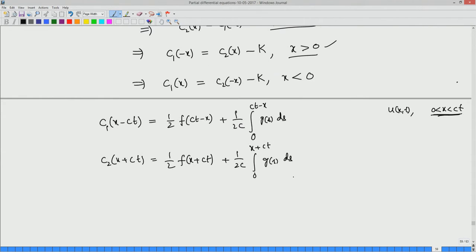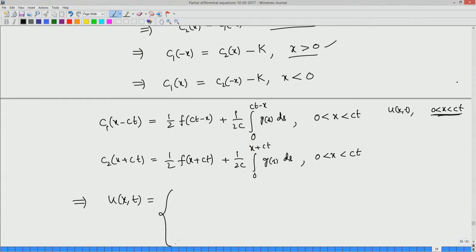So, this sum is nothing but x minus Ct. So, this is from 0 less than x less than Ct. Okay. So, for the same x between 0 and Ct, your C2 is anyway whatever may be, x plus Ct is anyway still positive. So, you have to use the same Ct. So, this implies u of x, t